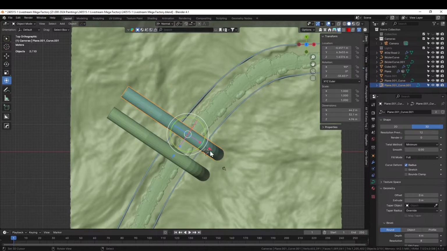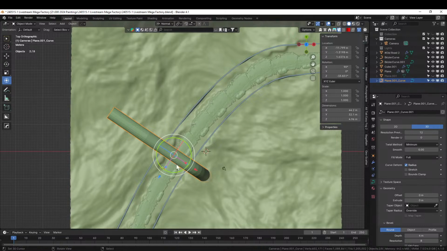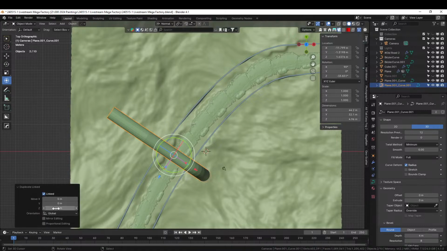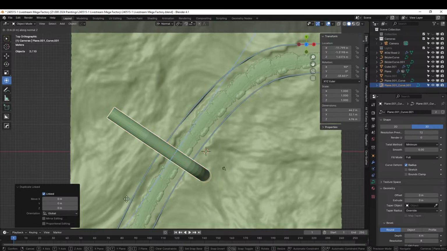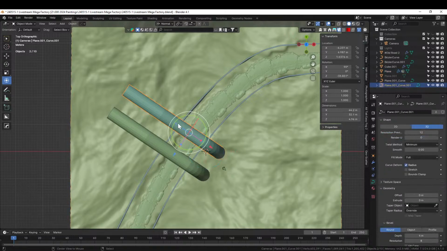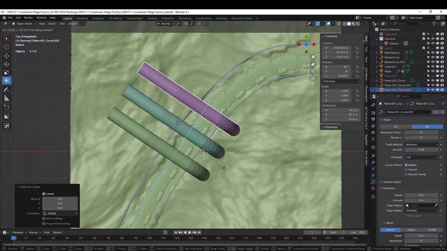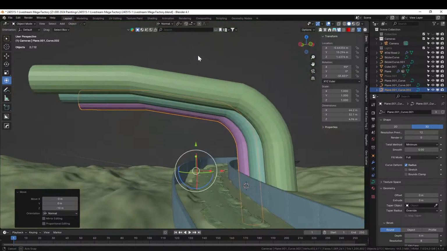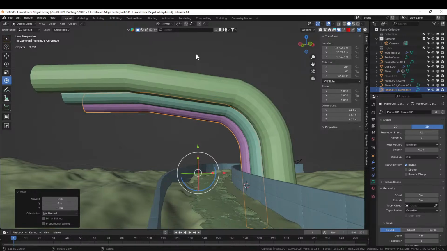Okay. Let's see. Just the one. Alt D. Yeah, it doesn't want to do it. Fine. GZ -9. Go -10. And Alt D, GZ -10. There we go. Okay. We got 3 pipes now,